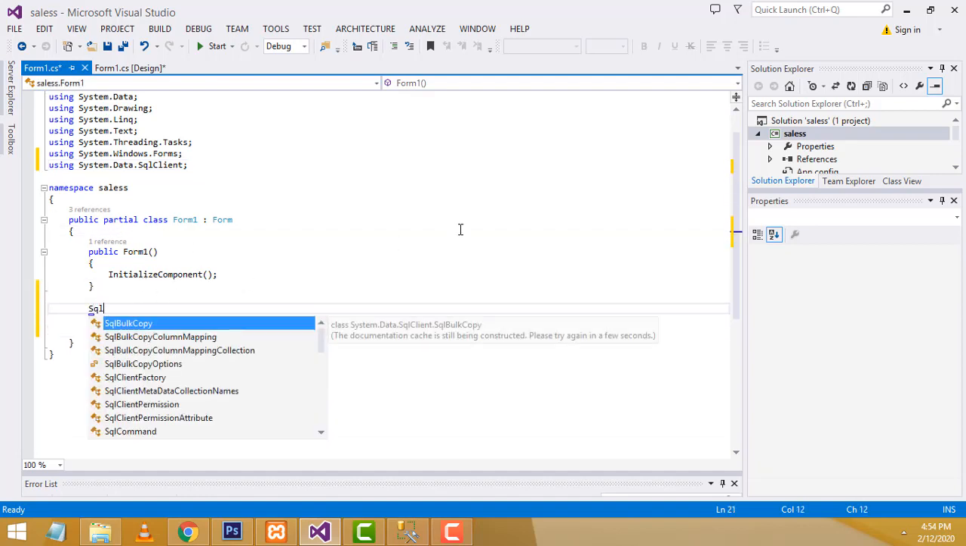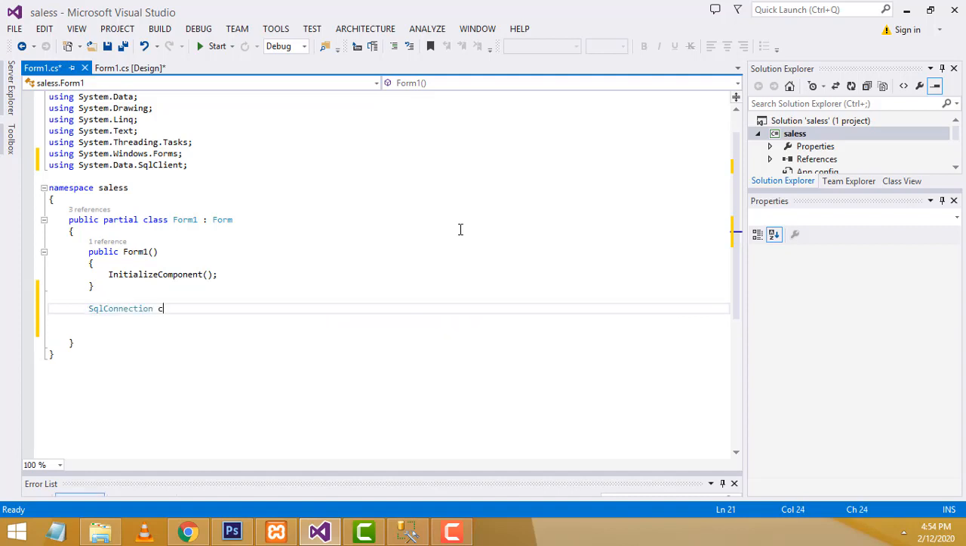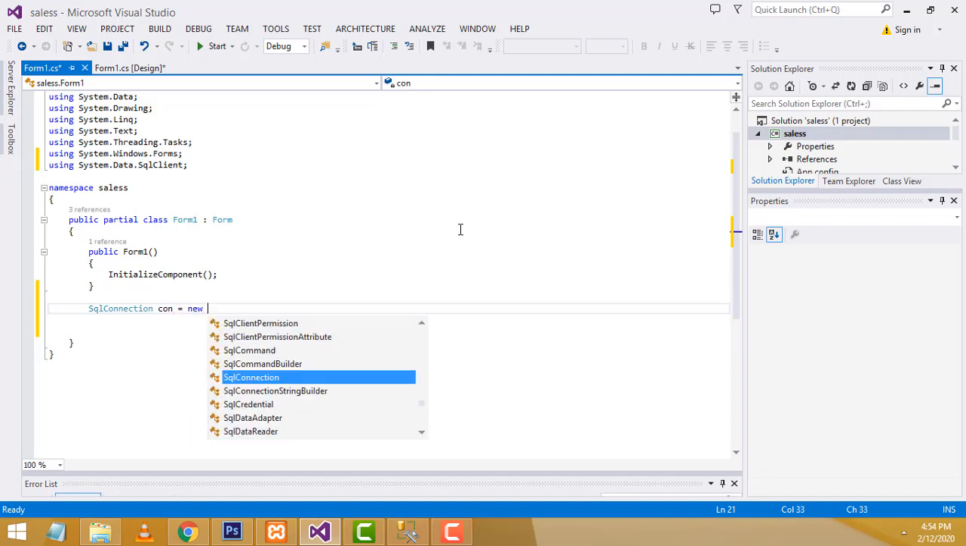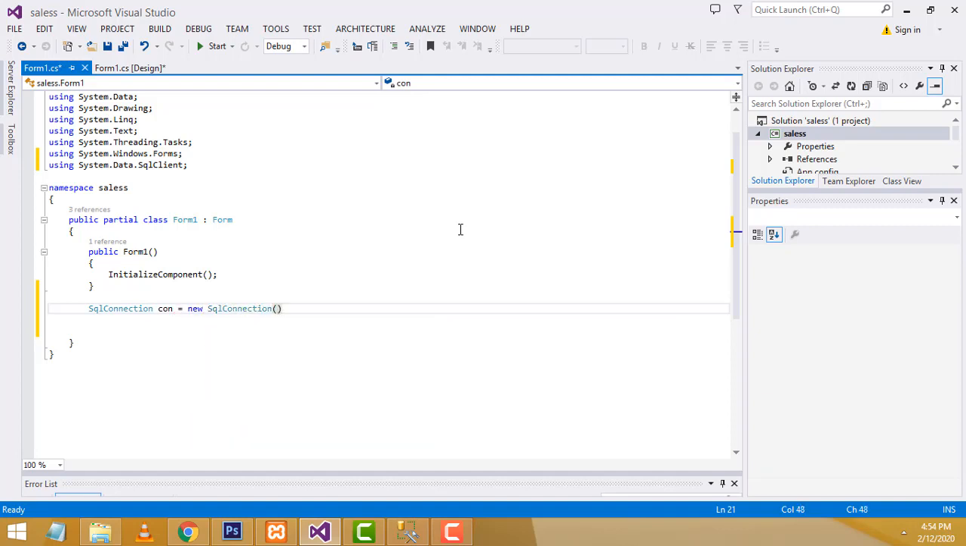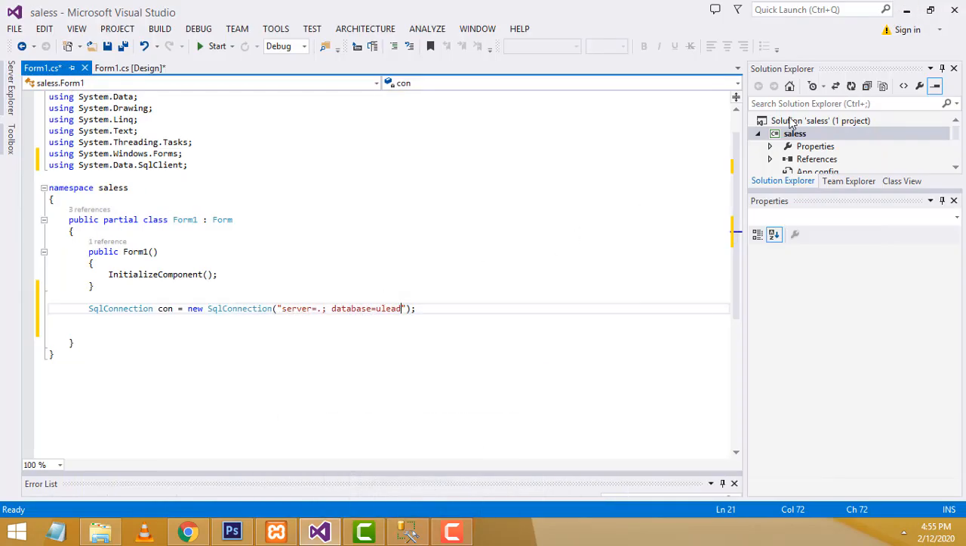To establish an SQL connection, you have to write the class SqlConnection, create an object con equal new SqlConnection. Here we have to specify the path where your database is. The server should be a dot, it's a local machine. Here the database name should be ulead. You have created the database named ulead, so correctly you have to give the database name. Inside the database you have a table called sales. After that,